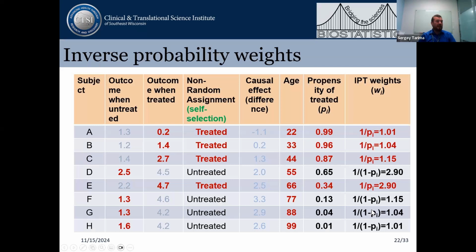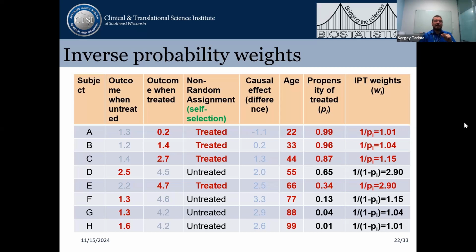And in this slide, I calculated these probabilities for each patient. So what we see here is that if a patient received a treatment that this patient is supposed to receive, and its probability is high, then weight doesn't change. So it's approximately equal to 1, right? But only for the patients in this gray zone, where they could get a treatment or could not get a treatment,